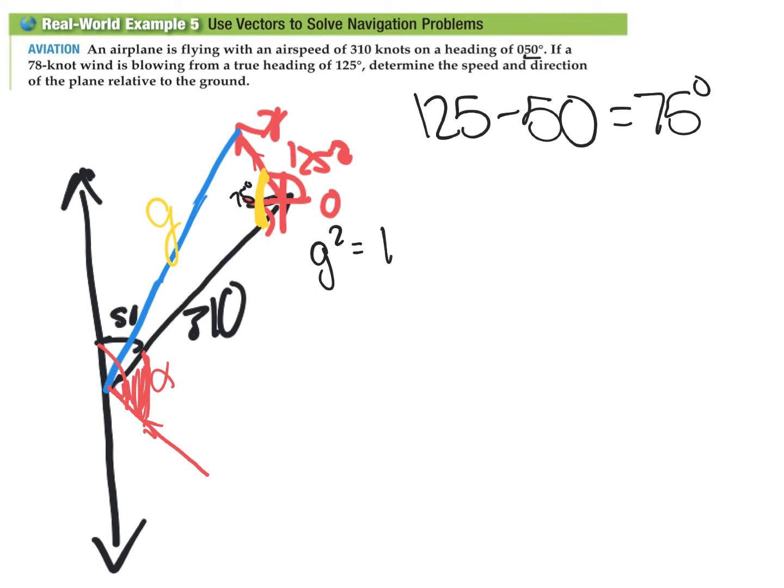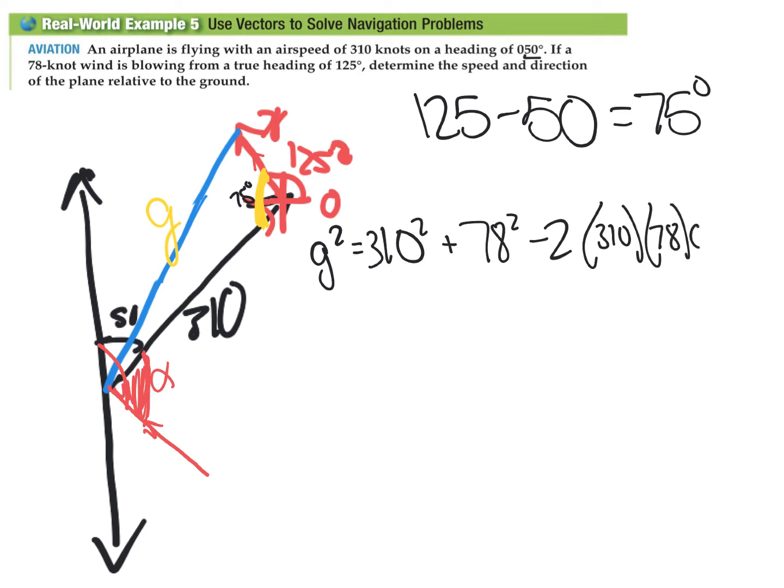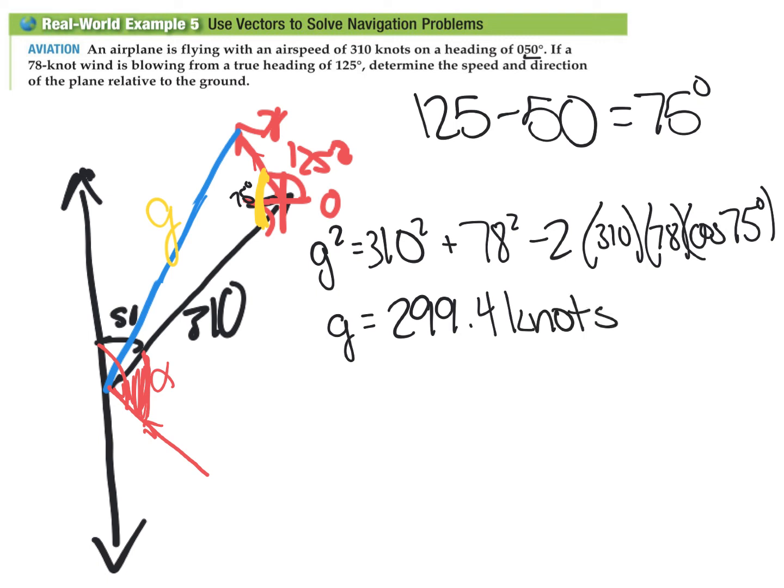So 310 squared plus 78 squared minus 2 times 310 times 78 cosine 75 degrees. Hopefully it's coming back to you guys. Once you go through and solve that, you should get g, after you square root and everything, to be around 299.4, which what we're using is knots. So it's saying that the ground speed of the plane is